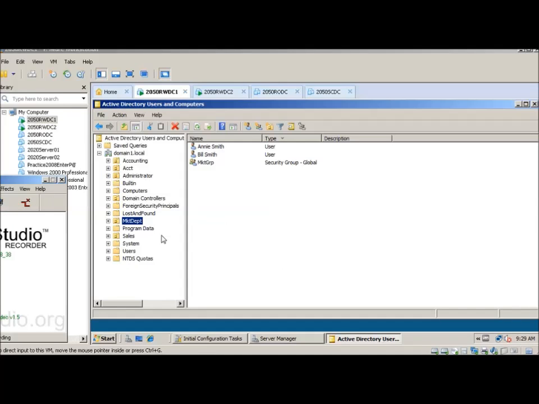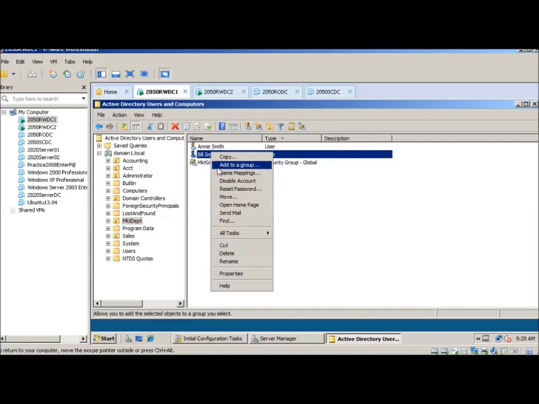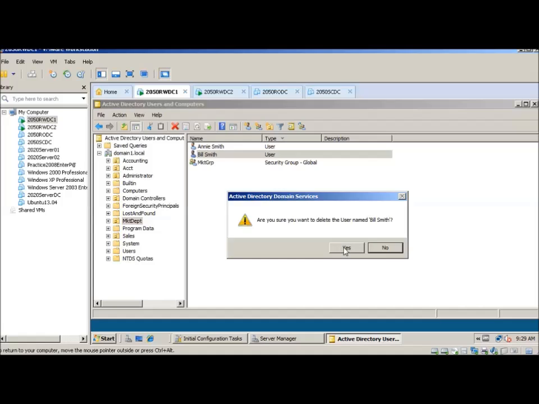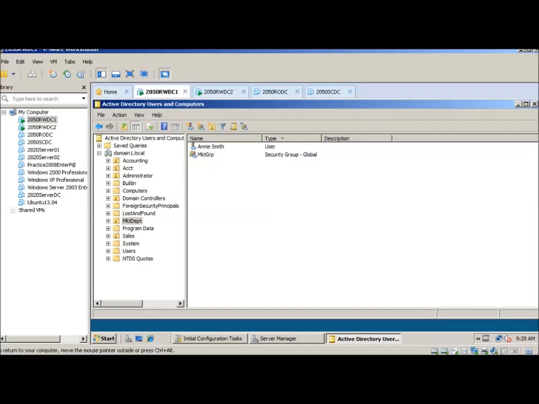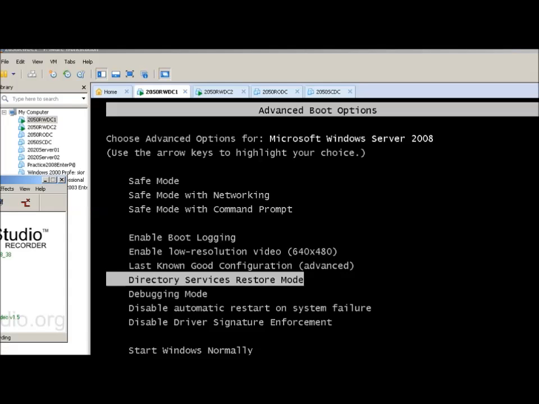Our backup is finished now, and besides taking a few minutes, it took a few hours. So now what we want to do is accidentally delete Bill Smith, and then we're going to restore him from the backup. So let's go up here and accidentally delete him. Click on Bill Smith. Okay, he's gone. So what we want to do now is shut down the server and bring it back up, and use the F8 key to come up in the safe mode menu, and we'll be selecting the directory services restore mode. Okay, we've restarted and used the F8 key, so we got our safe mode menu up, and as you see,